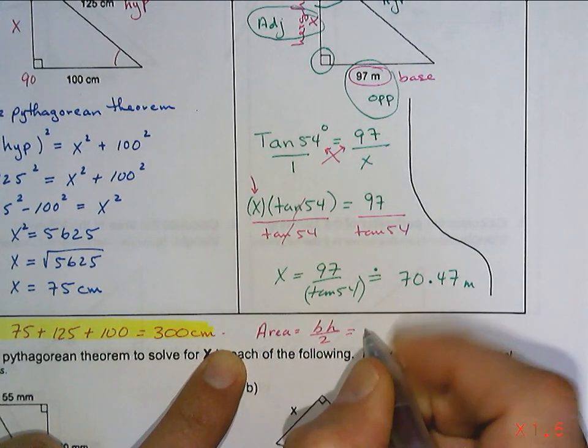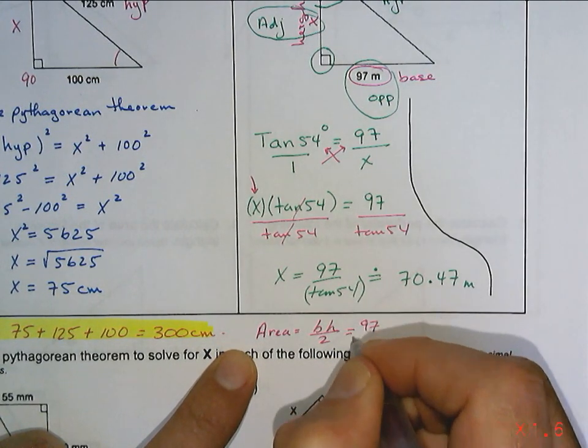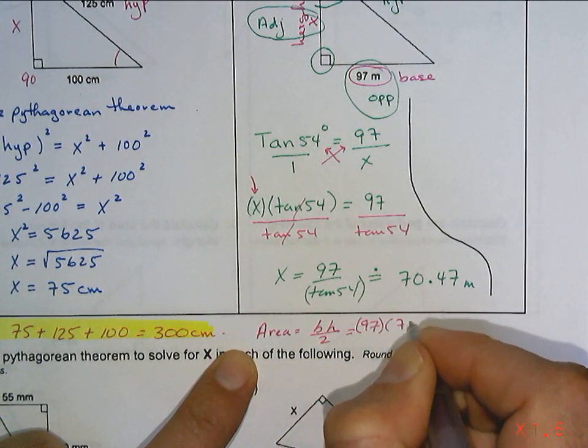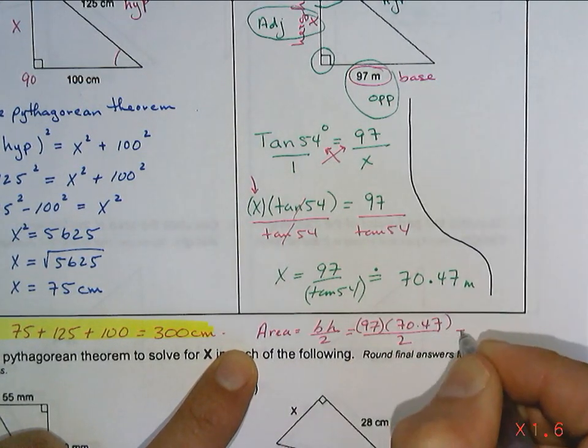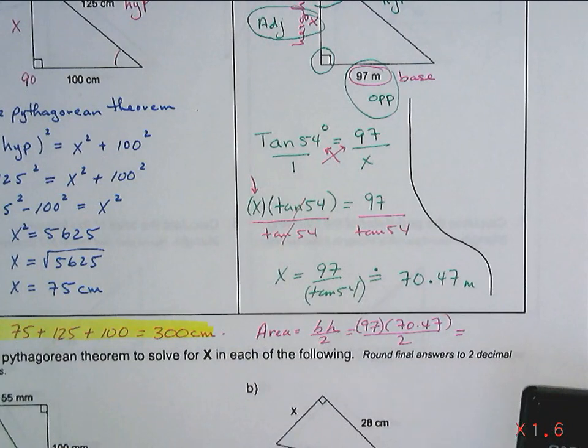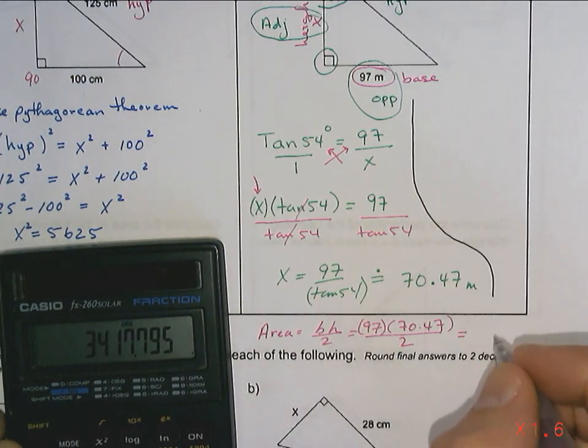So in this case, our base is 70. Nope, our base was 97, sorry. 97. Our height was 70.47 divided by 2, so you got to do it in the right order: 97 times 70.47 equals, divided by 2, is